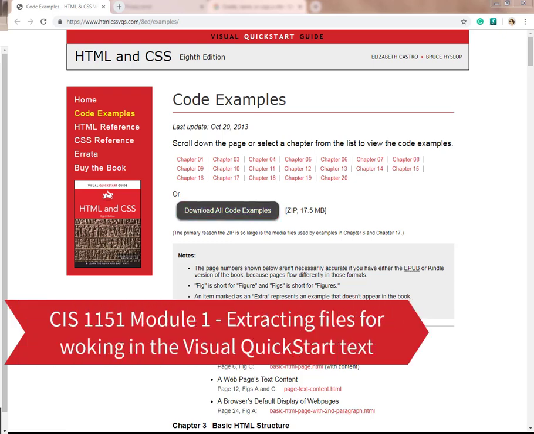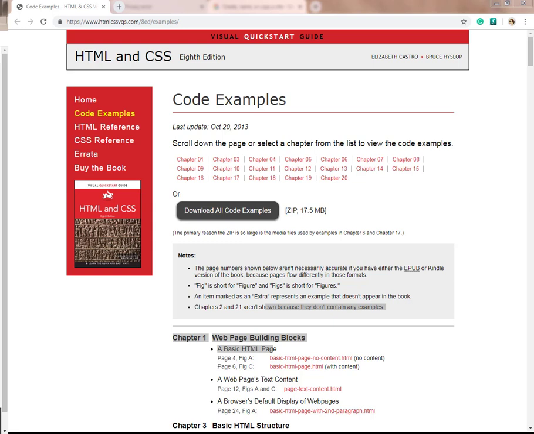In this video, I'll be showing you how to download the code examples for the HTML and CSS Quick Start Guide. If you've ever unzipped files from the internet before, you really won't need to watch this video, but for those who downloading a zip file and extracting it to use it is a new idea, you'll want to watch